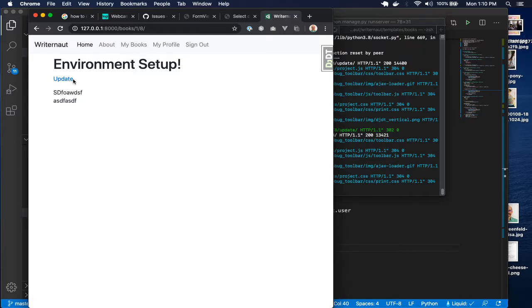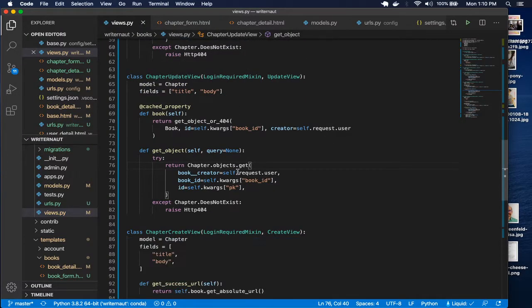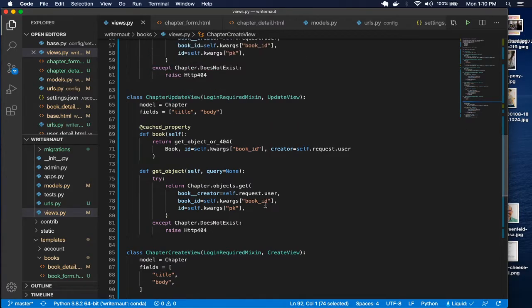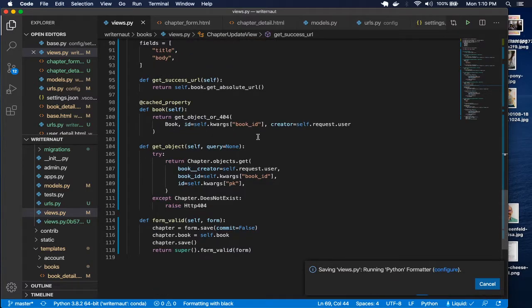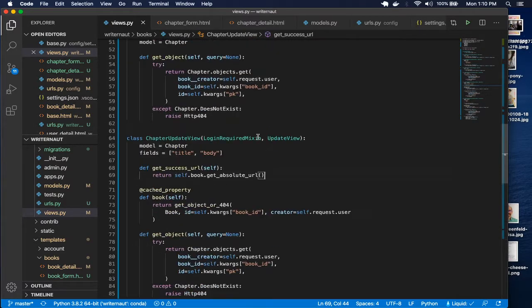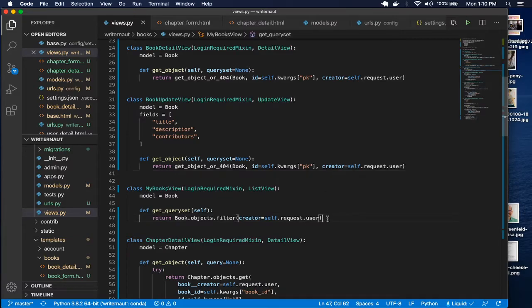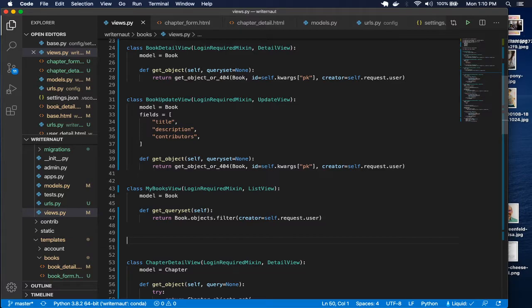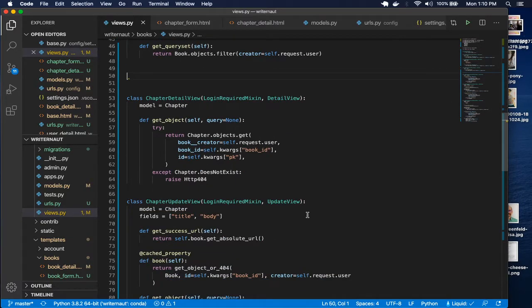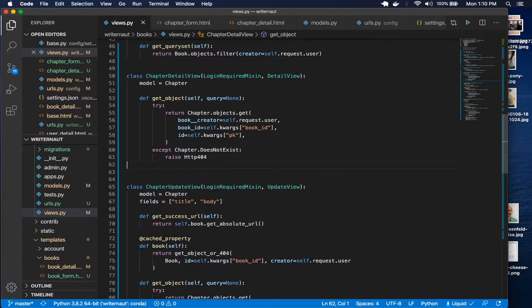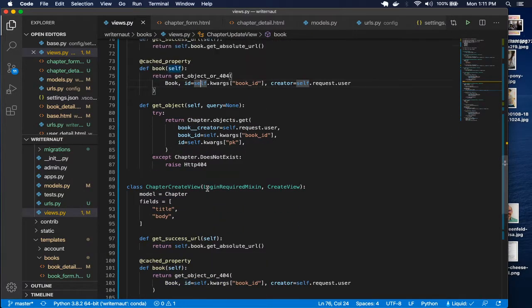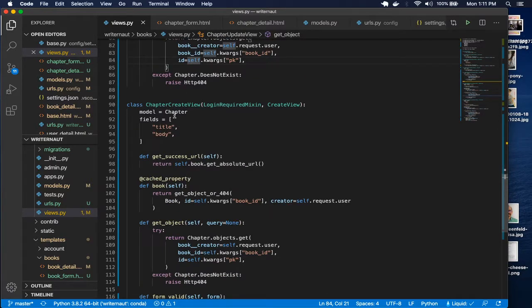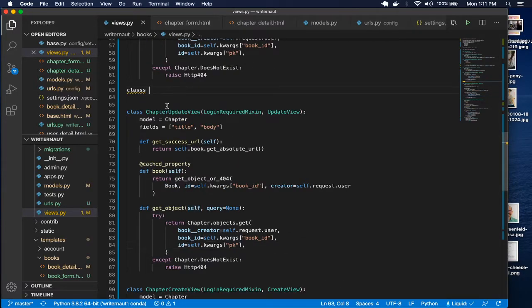So this is, oh, except for the update is going to the wrong place. There are so many similarities between the create view and the update view. Like what actually is different? I think it's enough that I will probably, actually, why don't I create a, so for those of you who don't know how to create a mixin, I'm about to show you. Because the chapter update view and create view are so similar to each other, there are 1, 2, 3, 4, 5 things that match between the chapter update and the chapter create view. So if I alter any one of them, the other one can break. So I didn't want to create mixins yet, but